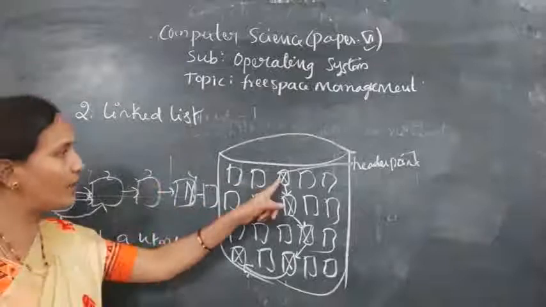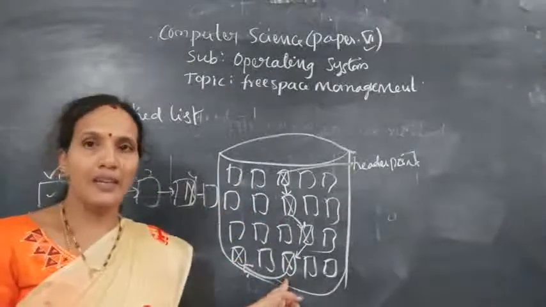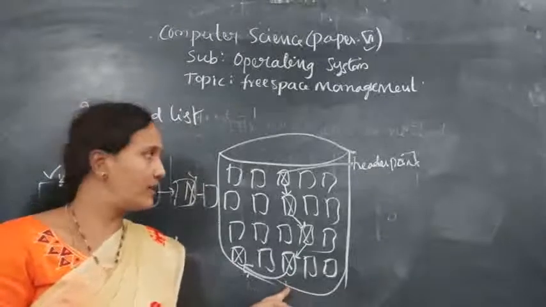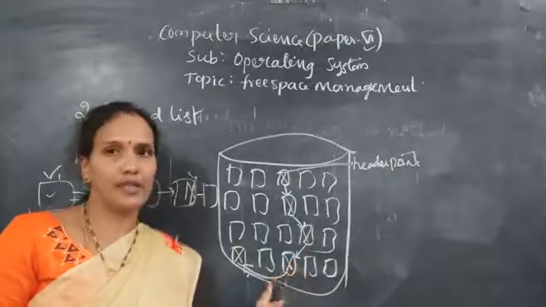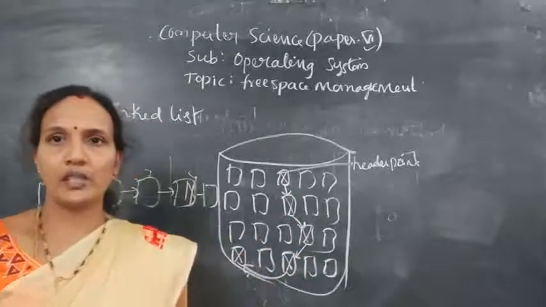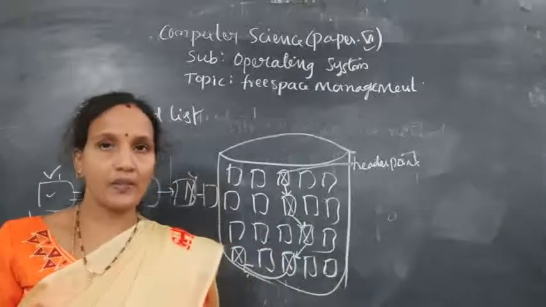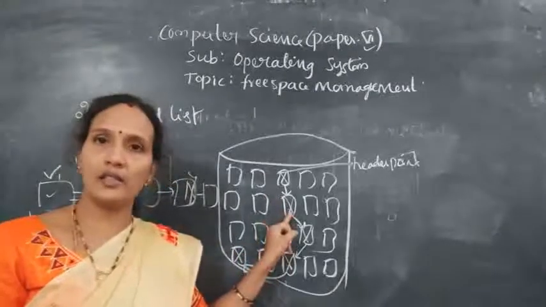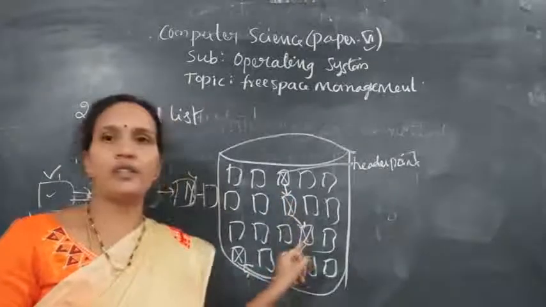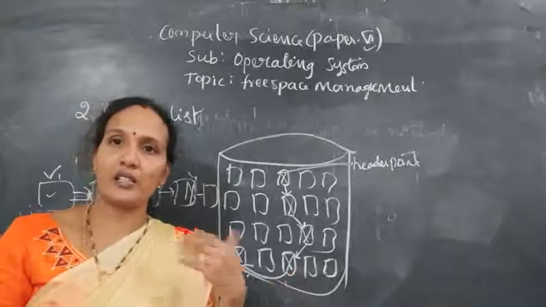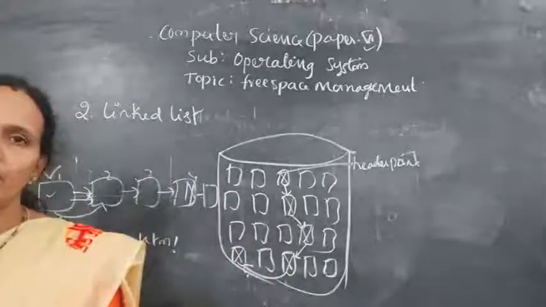Moving from one place to another, traversing, is a disadvantage. Okay, traversing is a disadvantage, and in memory, this pointer information should be maintained. Only two disadvantages: moving from one block to another block is one disadvantage, and each and every block is linked with pointers, so maintaining this pointer information is an extra overhead to the operating system. Okay, so these are the disadvantages.